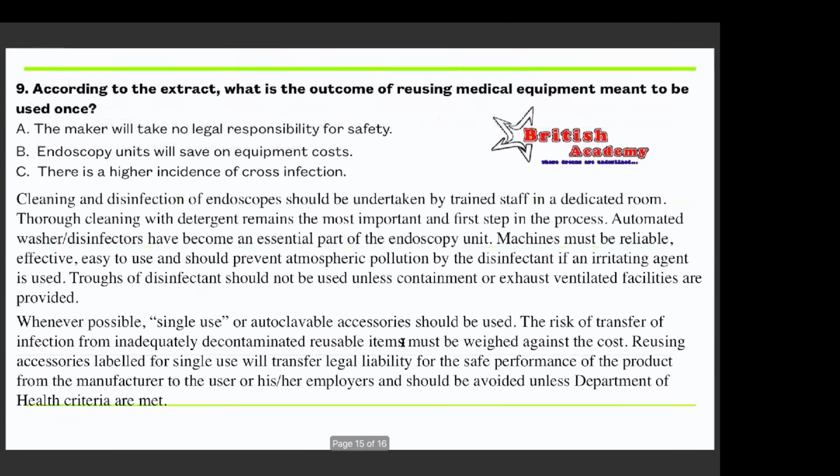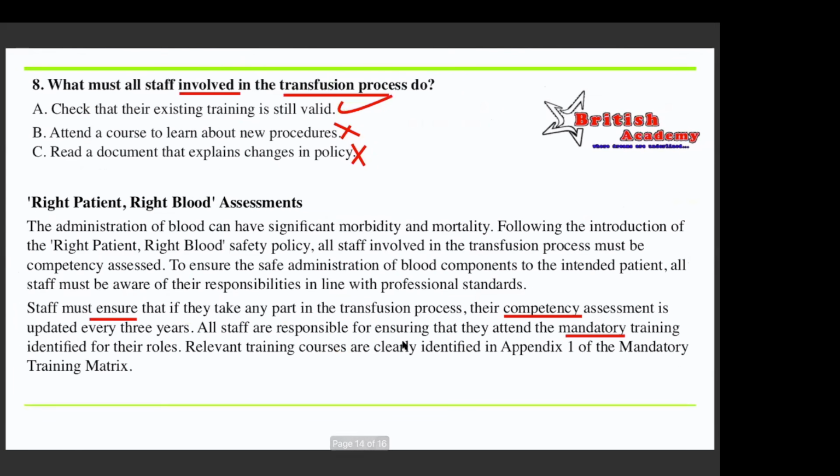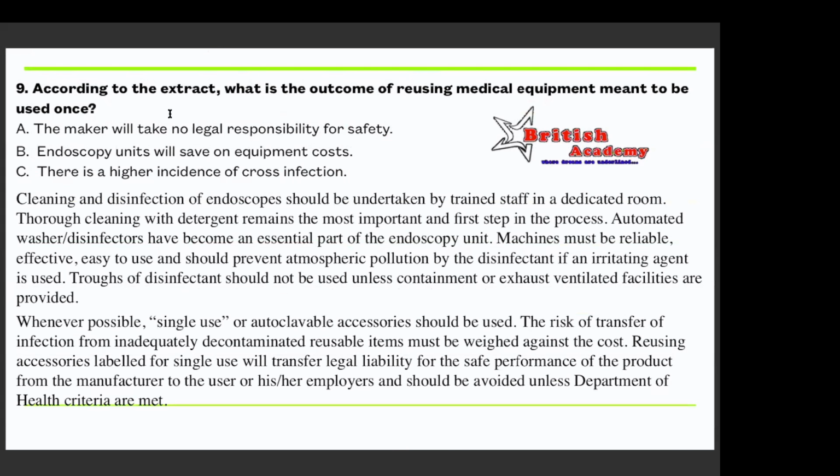The last question. Guys, this is the last question. If anyone wants to take a screenshot, you can take a screenshot. Then we move ahead to the last question. Perfect. This is the last one. Quickly go through it. I'll give you 2 minutes.